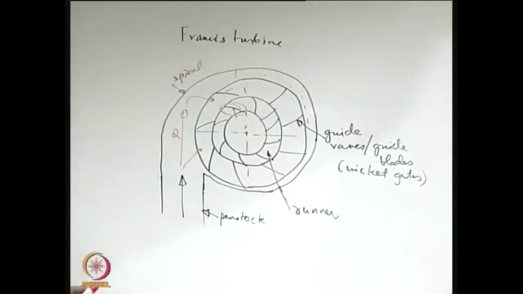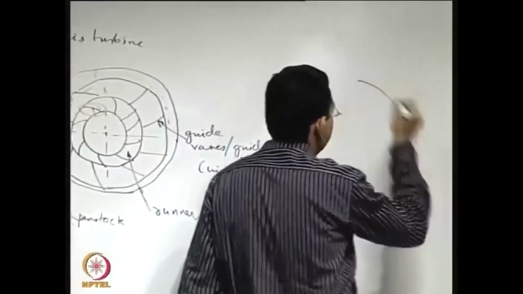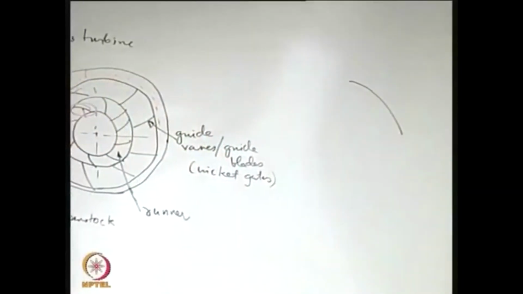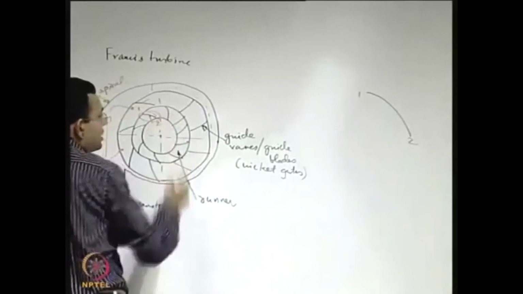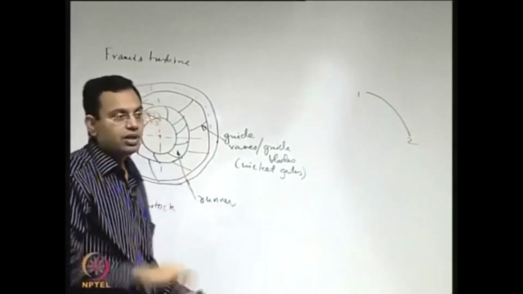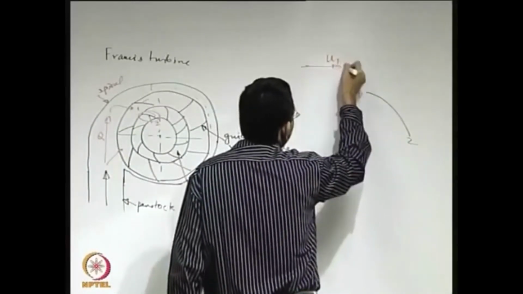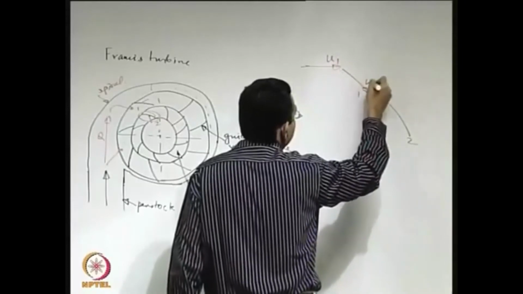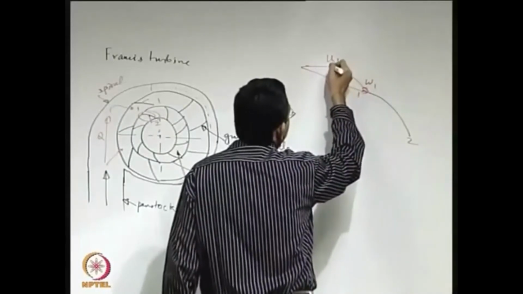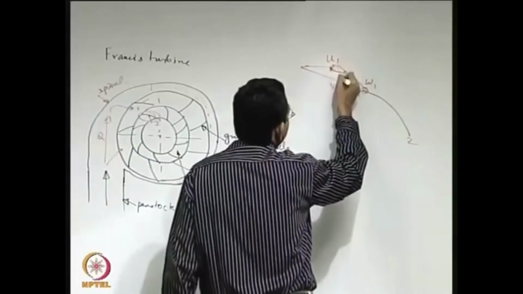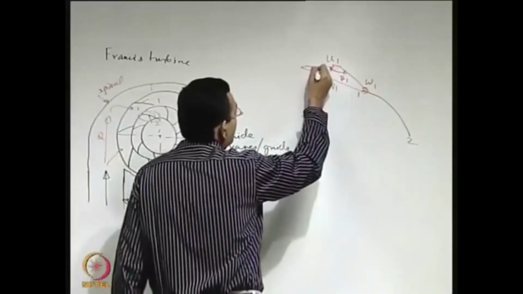When the jet falls on the rotating blades, let us try to construct velocity triangles and see what happens. So you have this as say 1 and this as 2, so the points 1 and 2 are very much analogous to centrifugal pumps, only with the reverse flow direction. So you have say this is U1, this is W1 and this is V1. Let us say that this is beta 1 and let us say this is alpha 1.